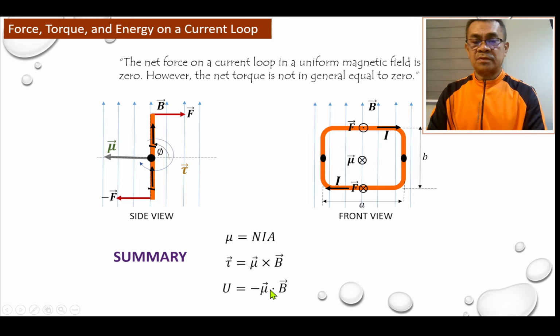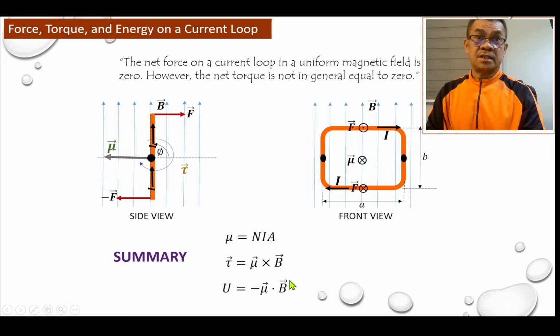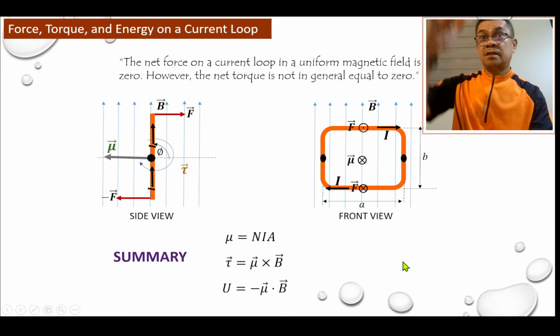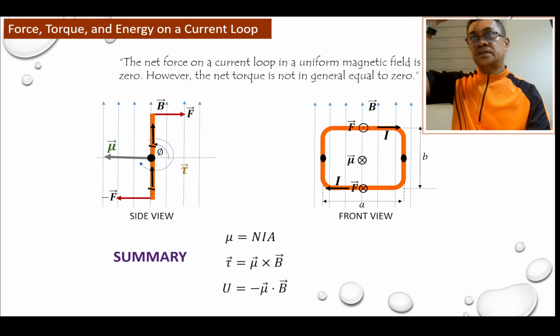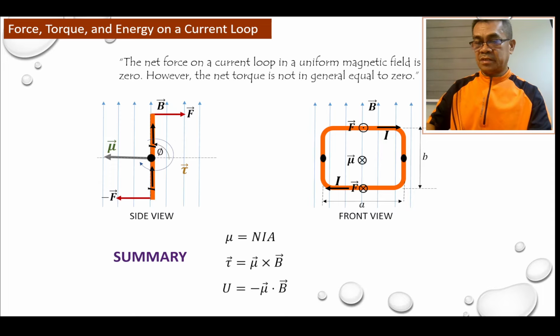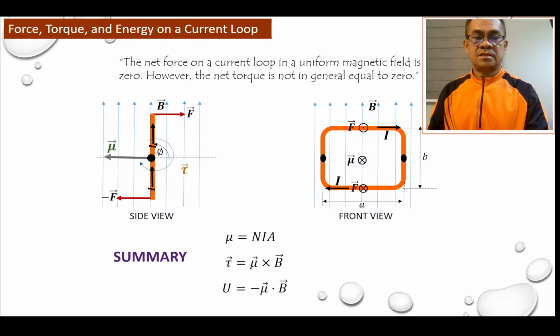The dot product, nothing to worry, because if you reverse it, the result is the same because this is a scalar quantity. But we have this negative. The negative means the energy in the system is decreasing in magnitude until diminished to zero. So it starts with a value, then it decreases its energy until zero. So that's why the negative signifies decreasing energy. Just like gravity: the potential energy is maximum at the top, but it decreases as that particle travels towards the reference. Okay, that's it.